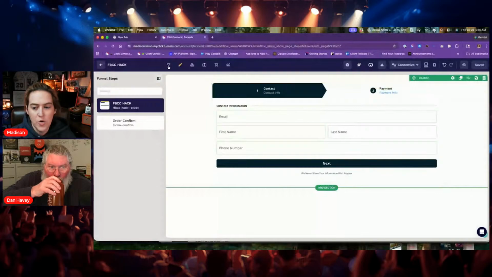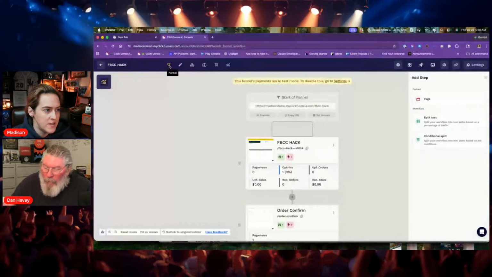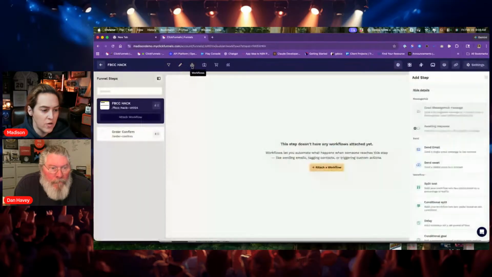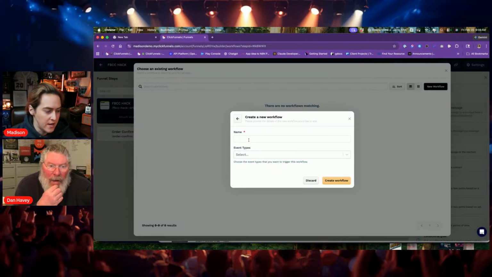And if you do or do not have the new editor workflow here, we talked about this with Rob two weeks ago. You can see your full funnel, then go to editor, and then go to workflow. I don't have a workflow attached here, so this is where it gets a little creative. If we're going to do an abandoned cart type sequence, we're going to want that to be on